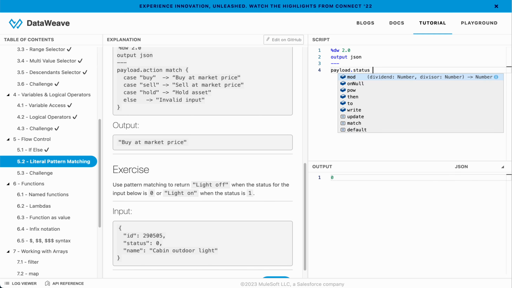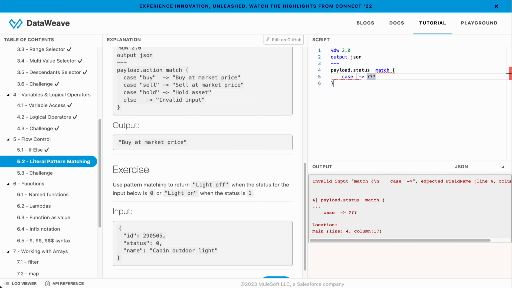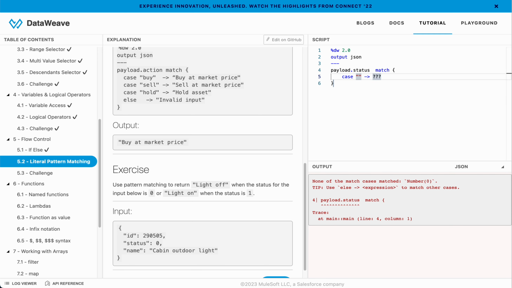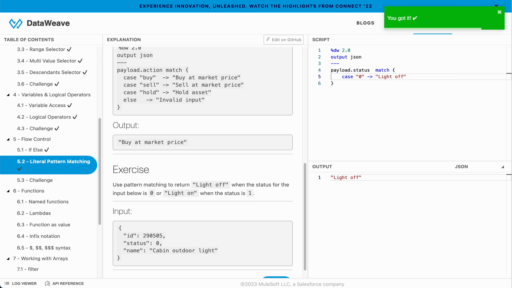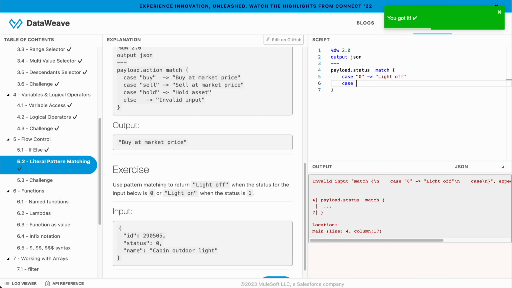If it is matching, we can use match, and then we can add a condition: if it is 0, then the output will be light off. And if it is 1, then also,